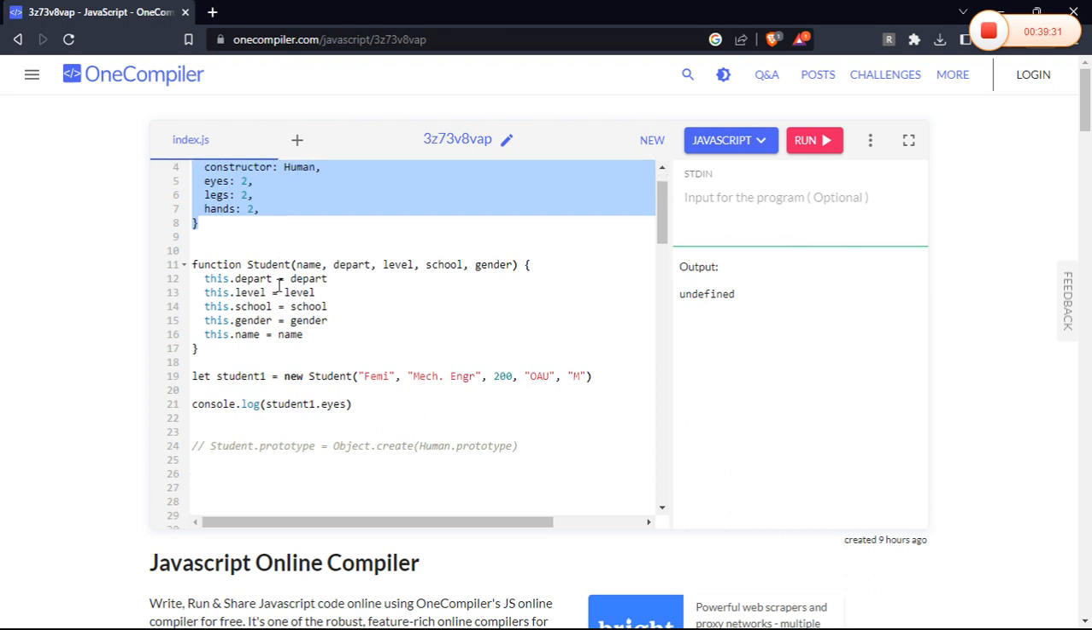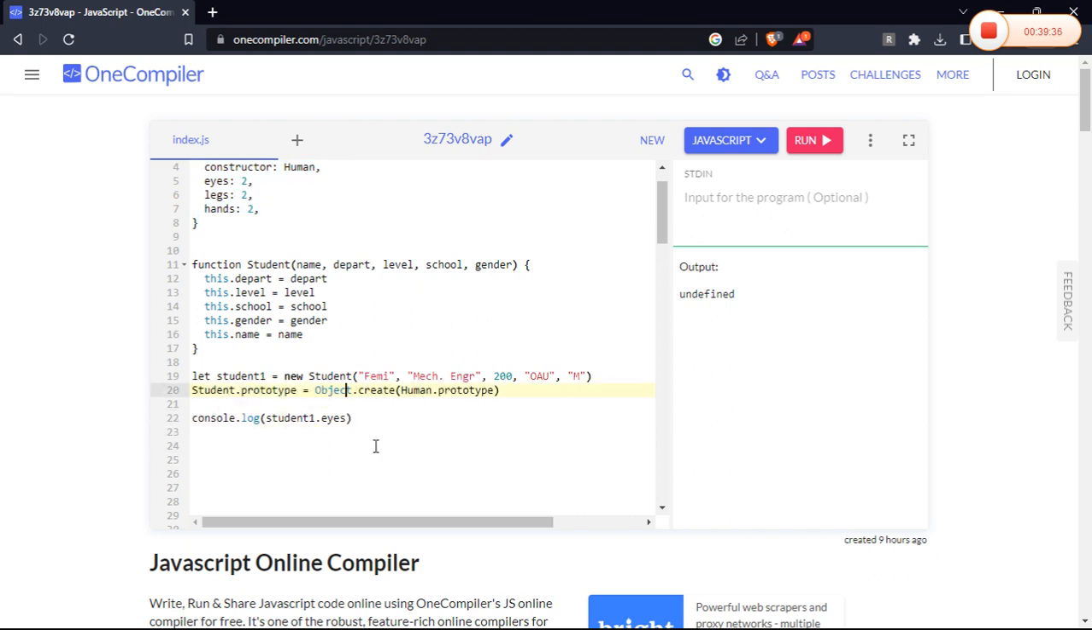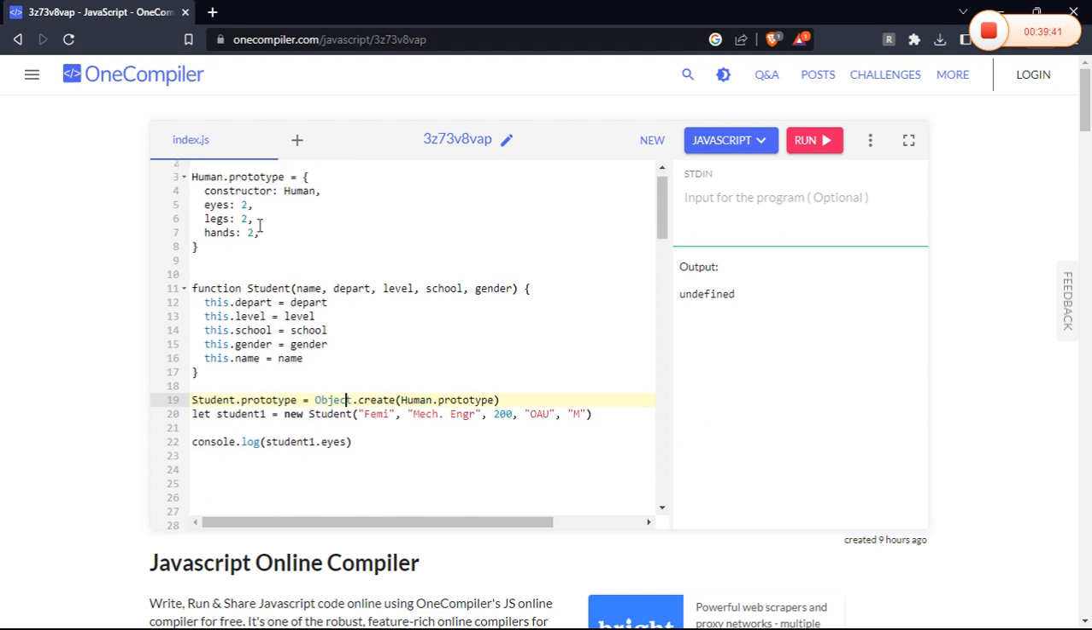So how can we fix that? We can fix that by assigning the prototype of students to be equal to the prototype of human being. That way, everything that's present in human being will now be copied. If you remember when I was saying something about photocopying, it will now be photocopied into students so that we can access them. So Student.prototype equals Object.create(Human.prototype). And when I do that,